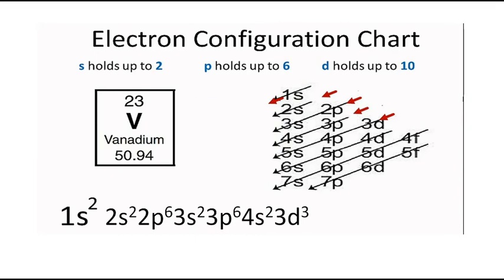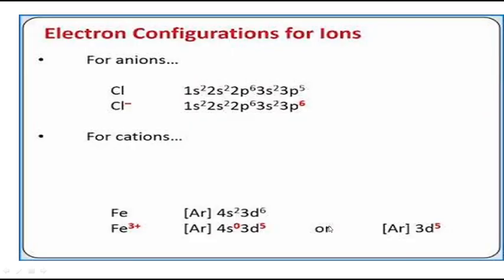So for this, the chart is very important. How the electrons are flowing. Why are we arranging like this? Based on the energy levels we are arranging like this. This 1s means it has lower energy, then slightly higher energy, and the energies keep on increasing. And electronic configuration for ions can also be written.